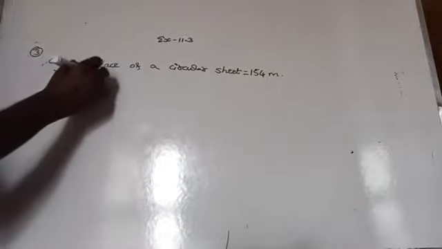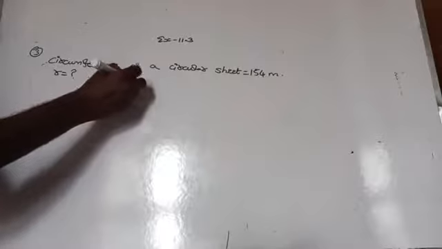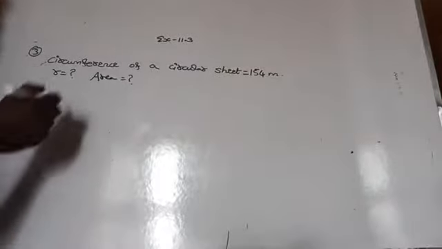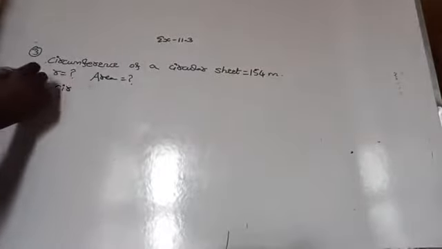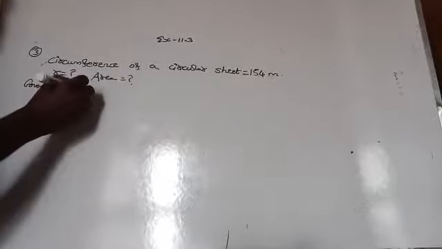You have to find radius as well as area. Am I right? Now, what is the circumference of a circle? Given that the circumference of the circle is